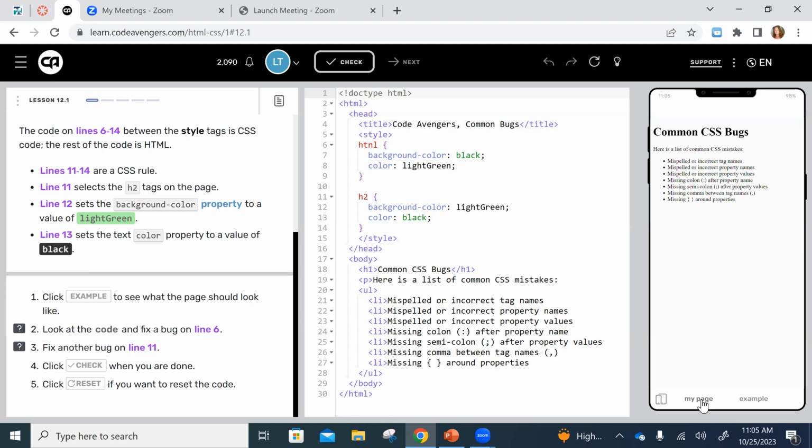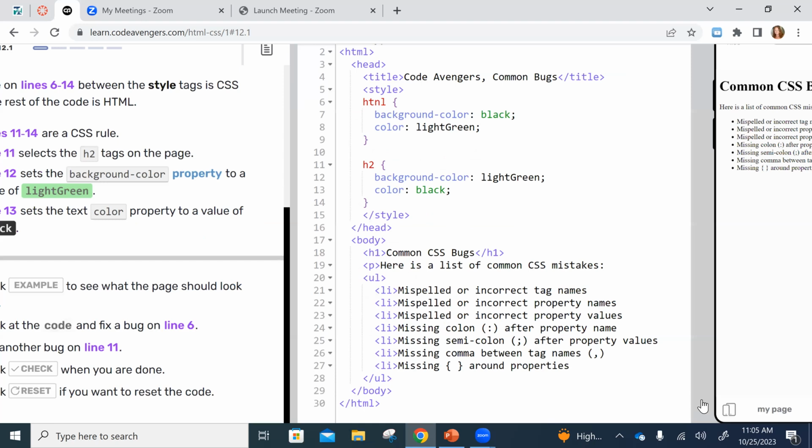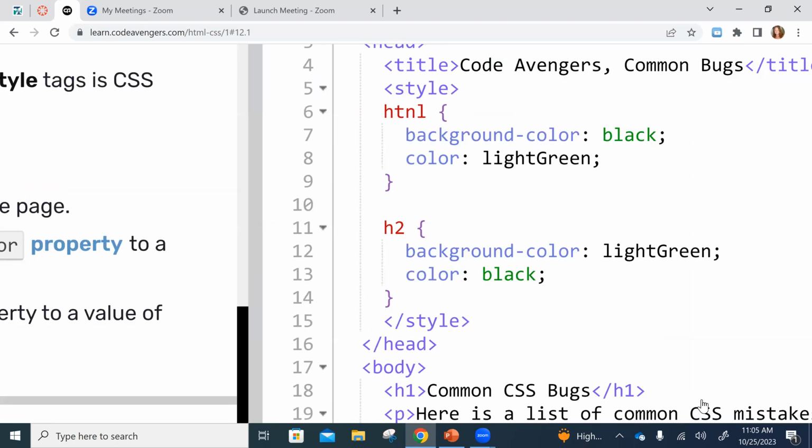So number 2 says, look at the code and fix a bug on line 6. So what's wrong with line 6? That was the first one I saw. Stuck out like a sore thumb. Right, yeah, both of y'all are saying the same thing. This should be HTML, okay? And that's the way I want you guys to get with debugging your code. When you see something and you're like, that is wrong. That just, like I said, stuck out like a sore thumb to me, okay? So that should be